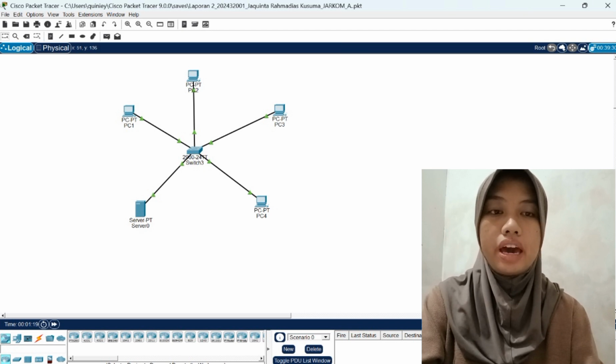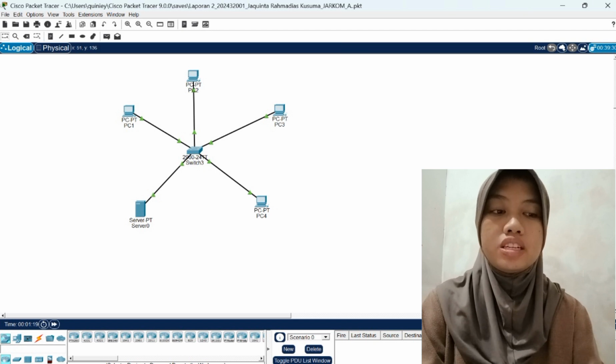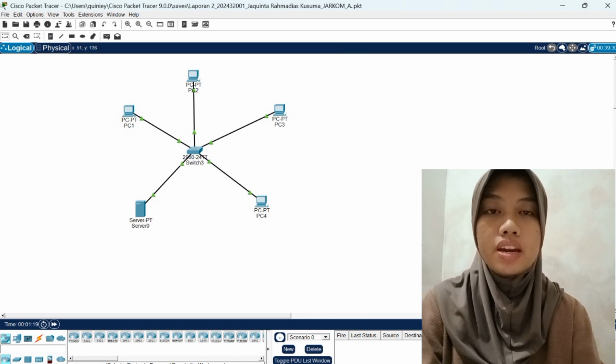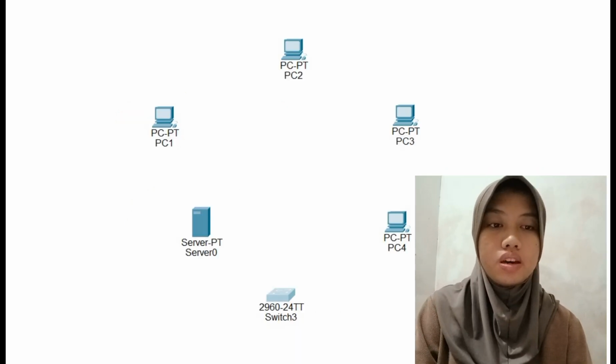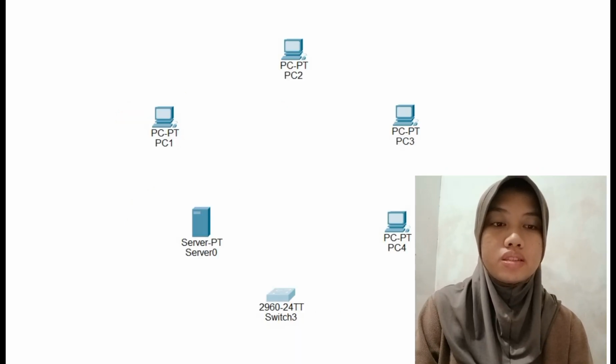Here I will explain the second computer network practicum, which covers HTTP, DHCP, and DNS. Okay, and this is the first step: planning the star network topology,